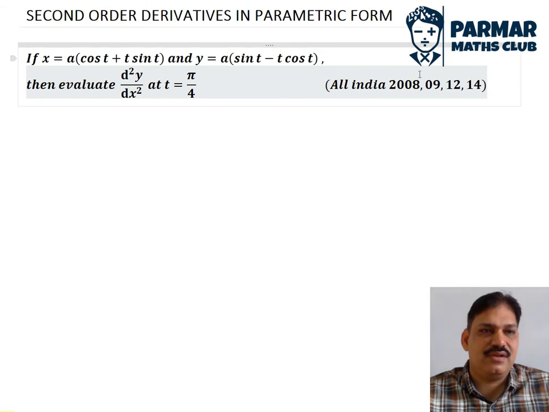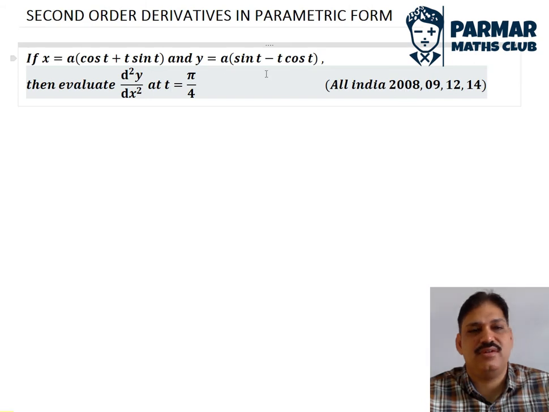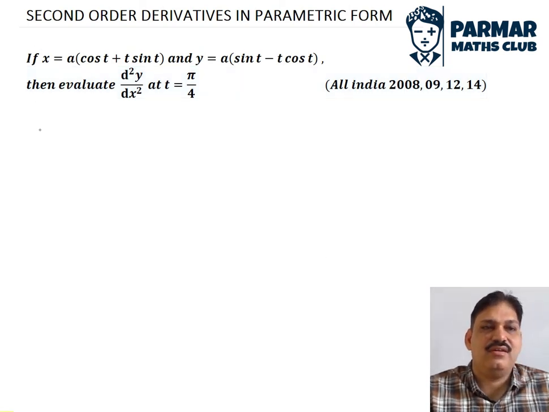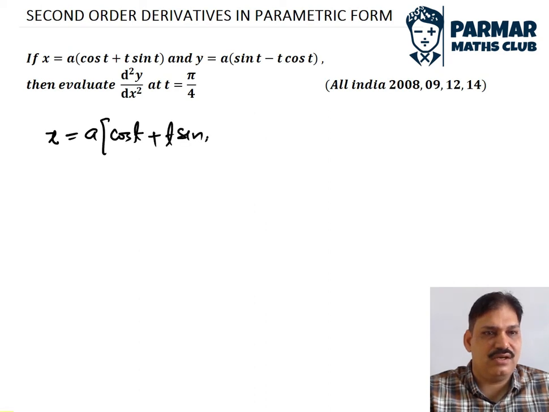Here again we are given a question in which we are given the parametric form and we are to find the derivative of y with respect to x at a particular value of t. Well, let's start as usual. First of all, we will find the derivatives with respect to t. Here x is equal to a times cos t plus t sin t. So on differentiating with respect to t,